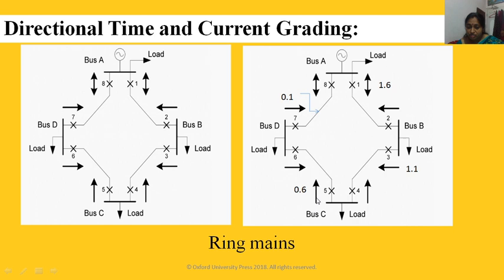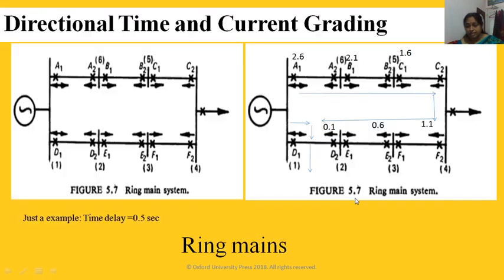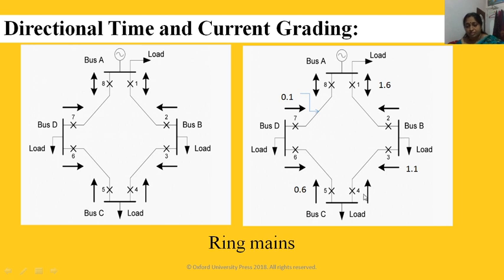Now if suppose this fails to operate, which is the next relay to operate? Again consider the fault direction like this. Here it is not operating, because the fault current is into the bus while the relay tripping direction is away from the bus, so this is not operating. While this fault feeding is like this, so this will operate. Now here 0.6 plus 0.5 time delay is added, so it is 1.1.